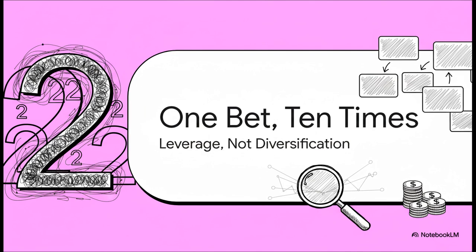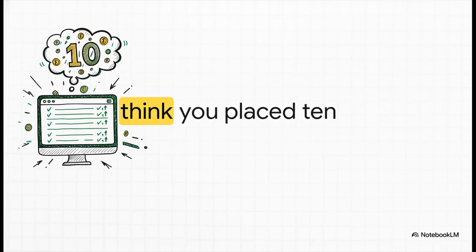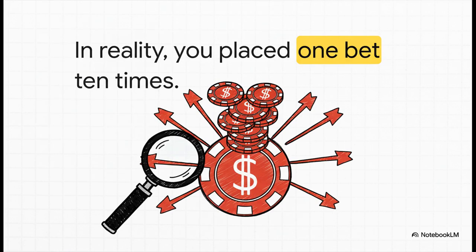So what does this actually look like when the rubber meets the road? Let's use a really powerful analogy to make this crystal clear. You're in the zone, right? You're placing orders fast, all on the same stock on the same day. Your trading log shows 10 entries. Your stats show 10 data points. Everything looks good. But what's really happening? You haven't actually diversified your risk across 10 different ideas. Not at all. You've just taken one single bet and slammed it on the table 10 times. This is the illusion right here.